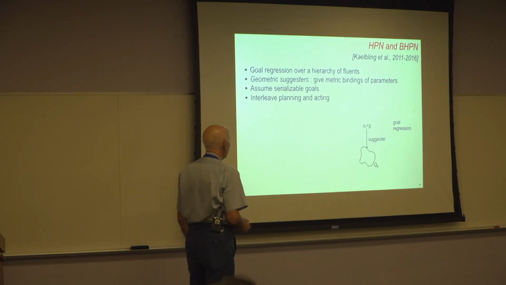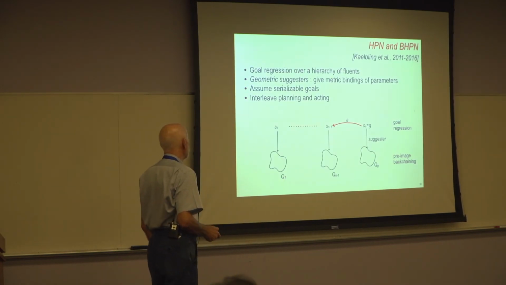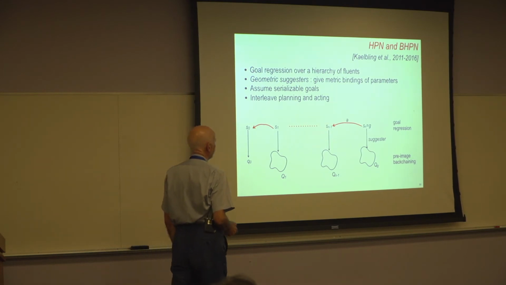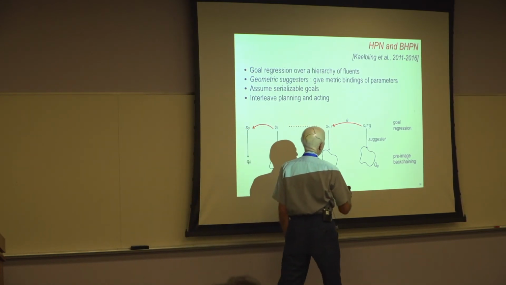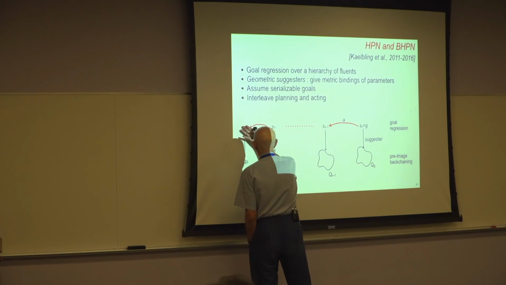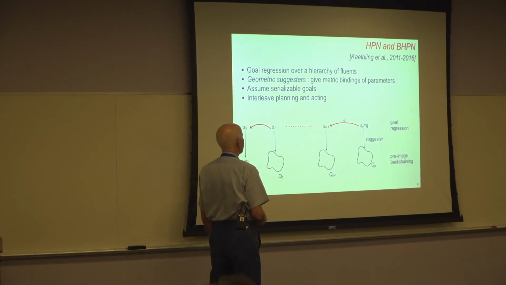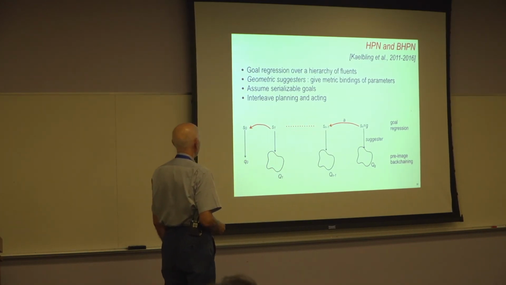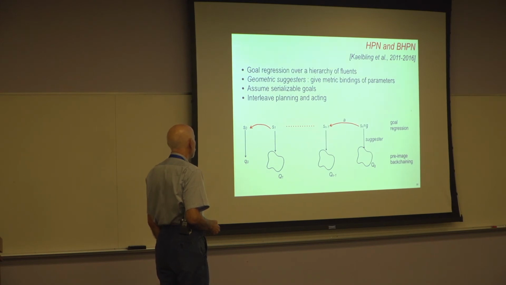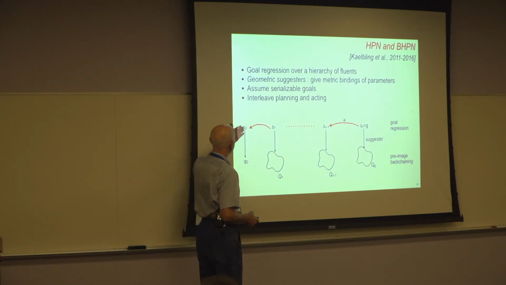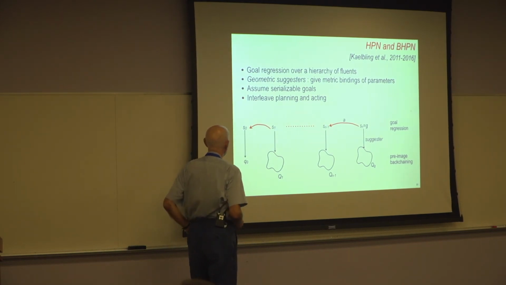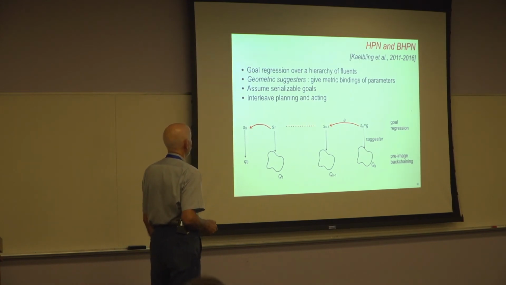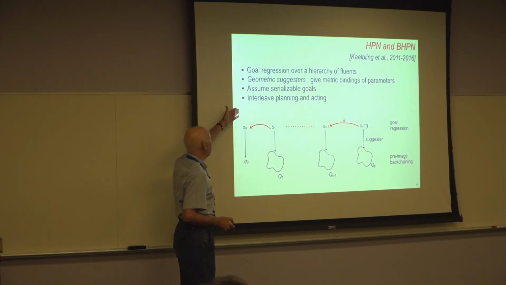Why do you start from the goal? Because your goal is very constrained in terms of configurations. So this is the main argument. This is very constraining, and it gives you something on which you can start working as soon as you get an action that meets your initial configurations. And you do the interleaving of planning and acting because